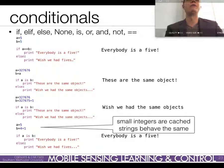The way to get around this, try not to depend on looking at if things are in the same memory location. Maybe even though you might waste a little bit of memory, it's probably a little more Pythonic to make it more readable. In the first one, when you said B equals A,